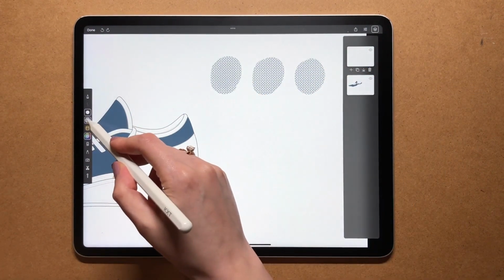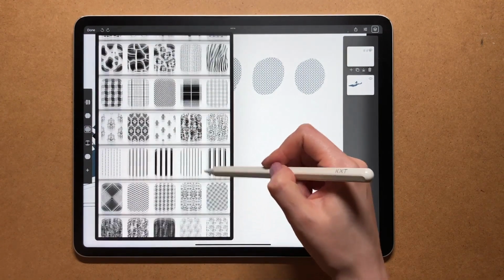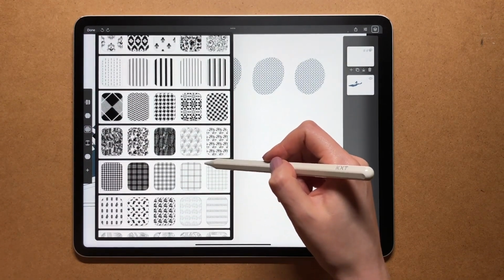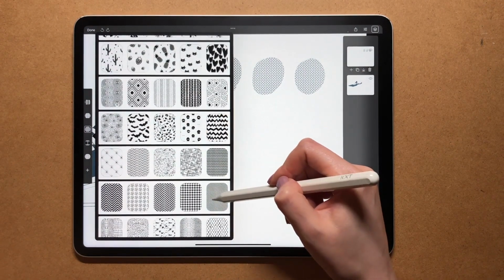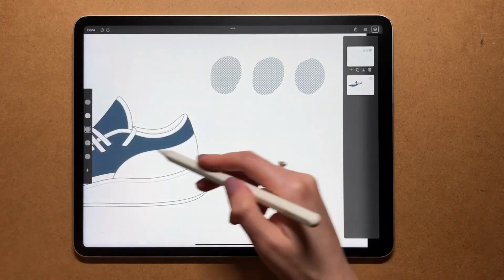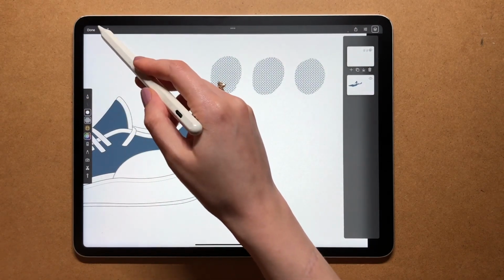I like this pattern, and I'm going to pick one more. So what you can do is lay two different patterns, one on top of the other, of the same color. You can do that with different colors, and